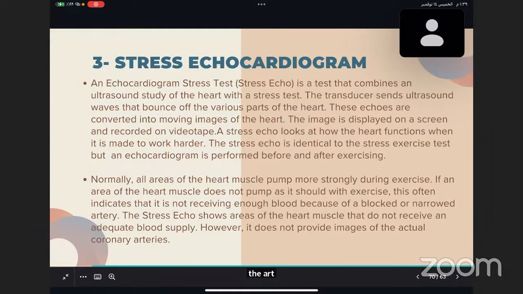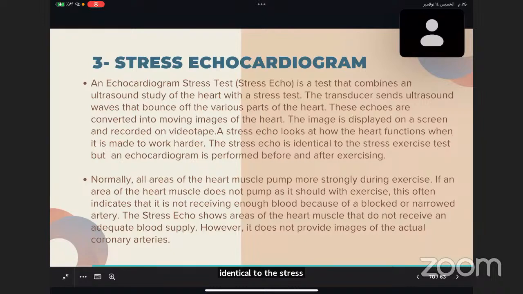Okay, what is the stress echocardiogram? The echocardiogram stress test combines an ultrasound study of the heart with a stress test. The transducer sends ultrasound waves that bounce off various parts of the heart. These echoes are converted into moving images of the heart. The images are displayed on the screen and recorded on videotape. The stress echo looks at how the heart functions when it is made to work harder, identical to the stress